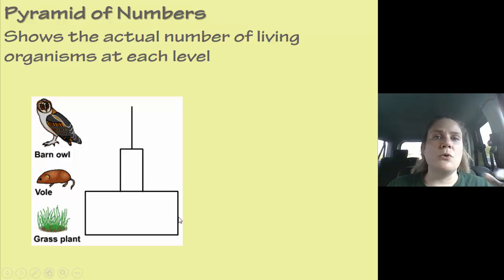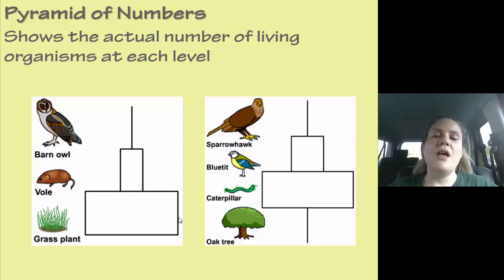Now, the pyramid of numbers is the only one that can be tricky because it can get a little bit wonky depending on how you define your ecosystem. If we define our ecosystem as this one tree, then our number on the bottom is 1. Okay. But that one tree might have 1,000 caterpillars living in it. And then it might have 10 of these unfortunately named birds living in it as well. And then just one sparrowhawk living in it.